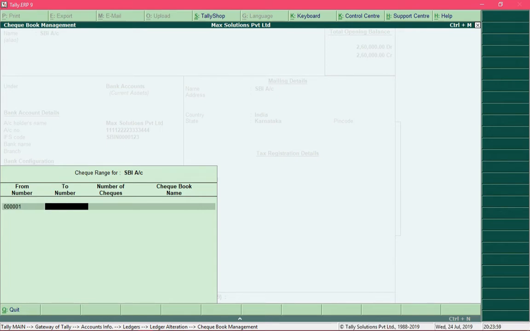In the field to number, you need to specify the check number which is on the last check of the checkbook. So assume that the number on my last check is 50. So I need to specify that number over here and press the Enter key. Notice that Tally has auto calculated the total number of check leaves which are present in the checkbook. Now press the Enter key and provide a name for this checkbook. So I can give it a name like